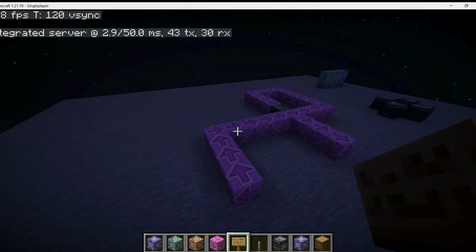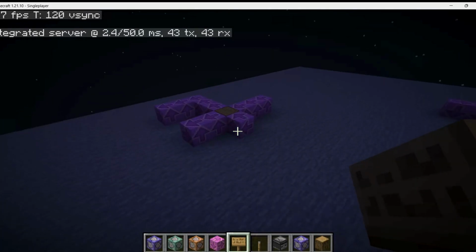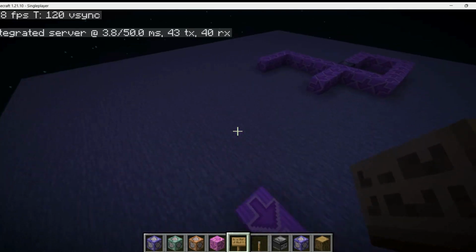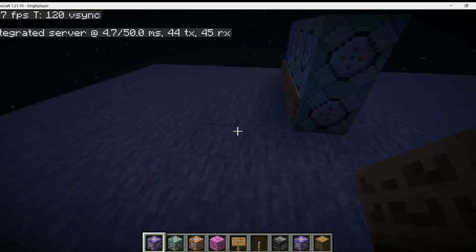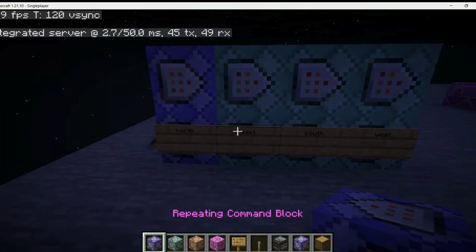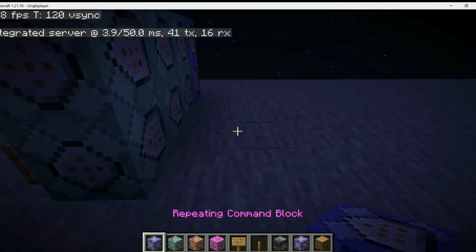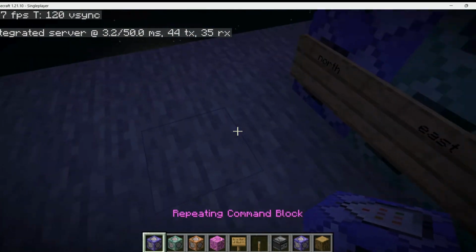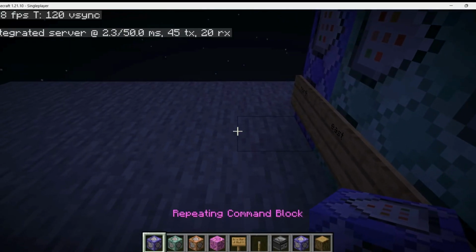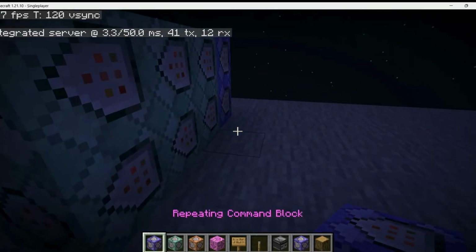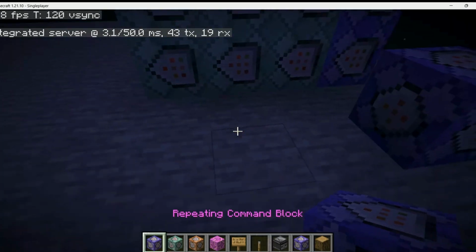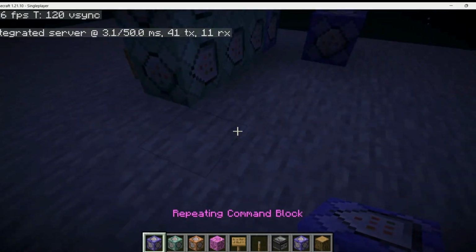So if you wanted more things, you could just add them onto here. You could add direction things, or you could just add basic things. Like right here, you could just have a bunch of basic other things like